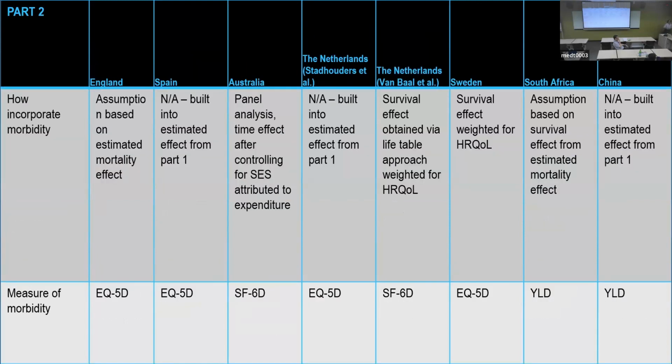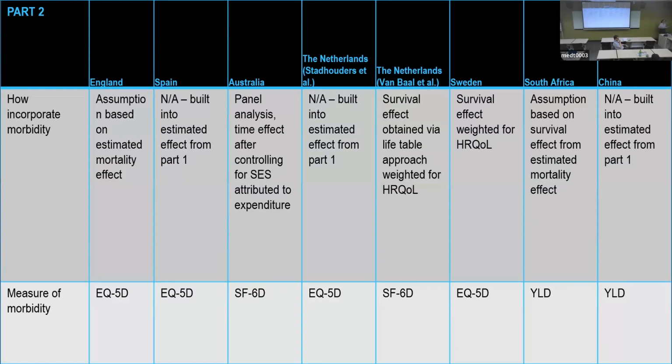So this represents part 2 effectively. So this tries to summarize part 2. And like I said, it's really hard typically to obtain good morbidity data with variation across geographical areas or the units that we need. So there was one study that attempted to estimate the effect of expenditure on morbidity, but most studies either incorporate